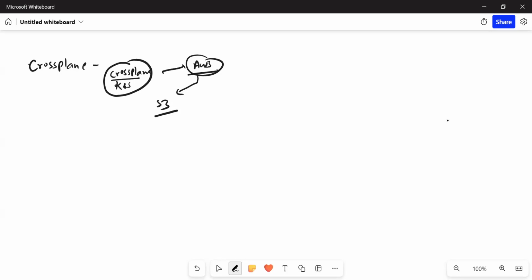So how Crossplane is doing that, we will see. A lot of resources are there. Like Crossplane has the pods, Crossplane provider, managed resources, composite resource definition, composite resource claims. All this we will discuss in detail. Let's first discuss: